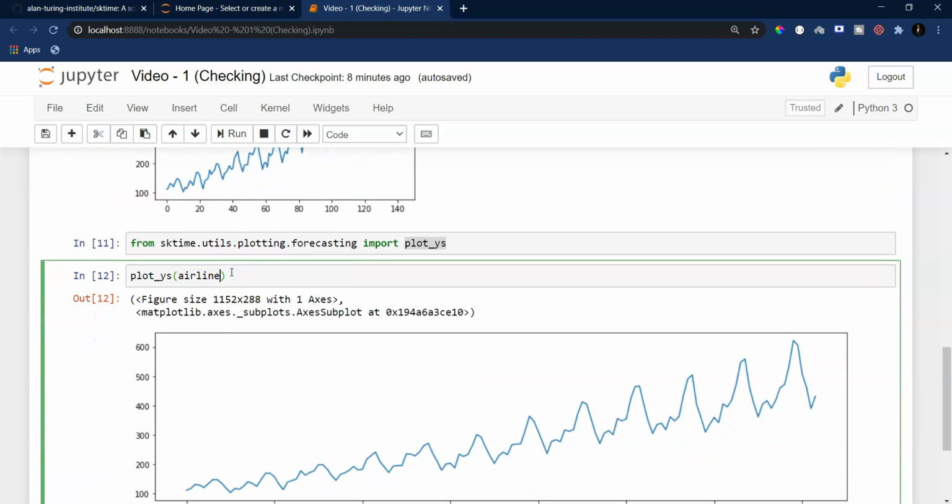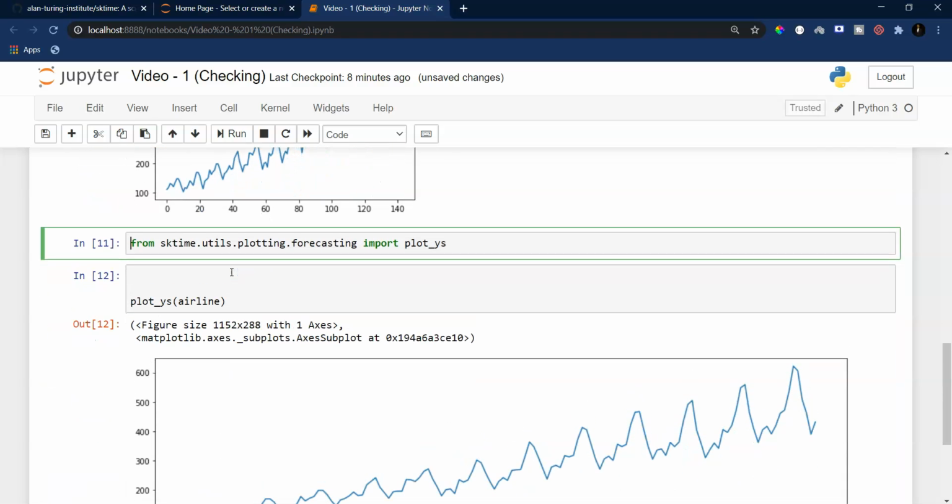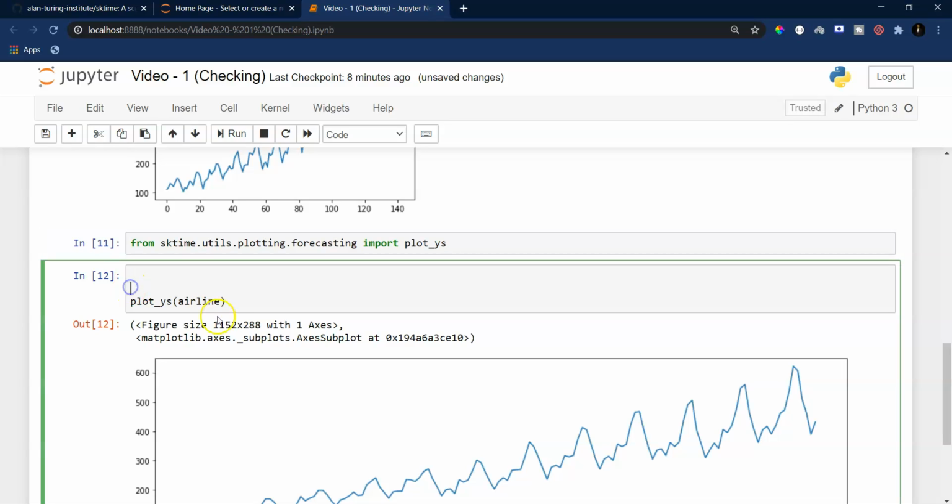Watch this, I'll show you one very cool thing. In plot_series we can specify as many time series as we want. So let me say airline from the start to 30, and airline from 30 all the way to the end.